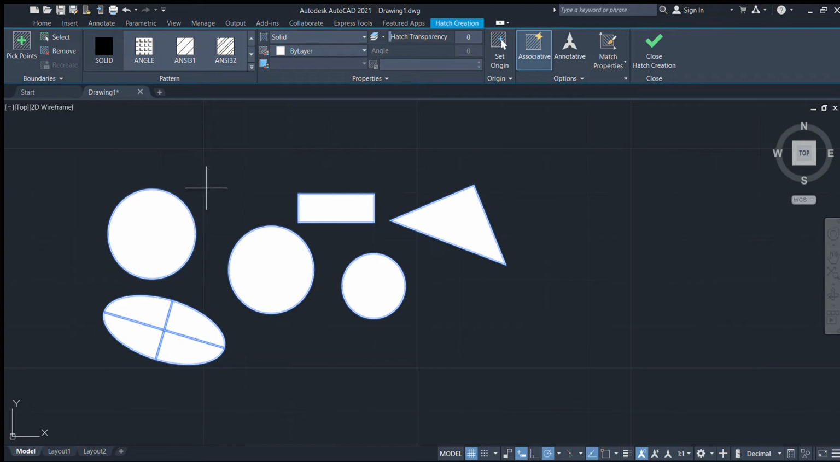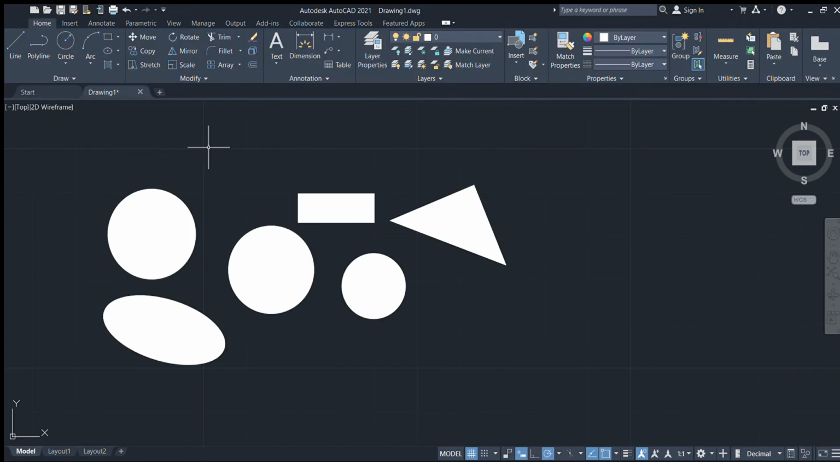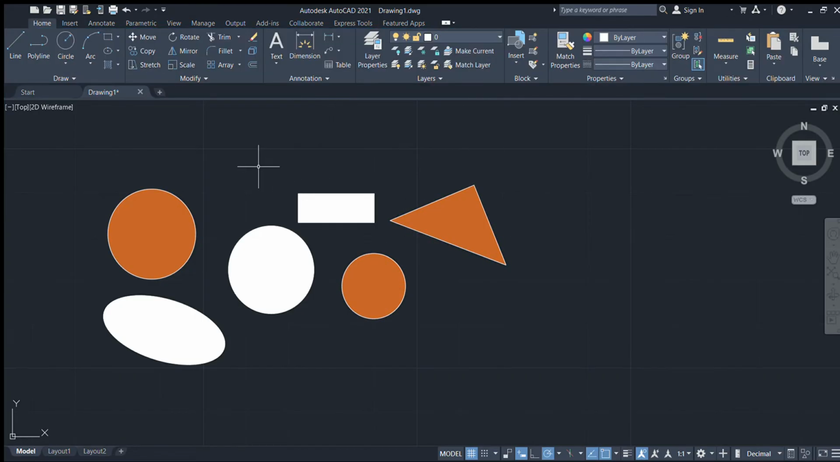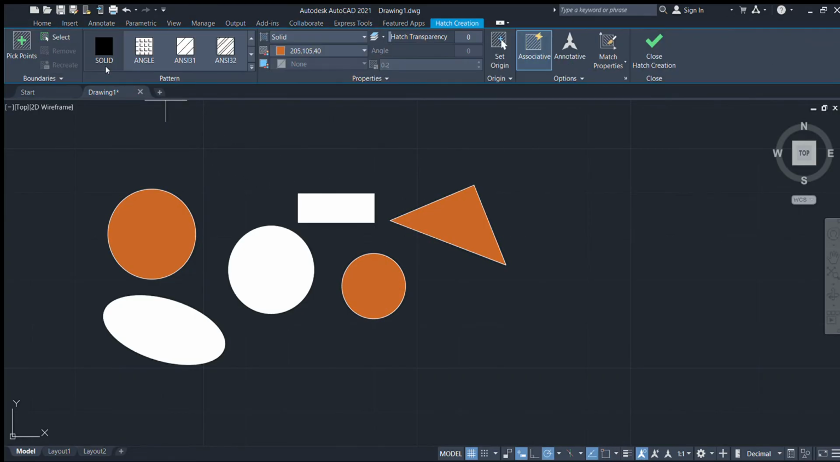Then we select hatch again and go to the layer section, and we put orange, for example, or anything. Then we come out and select hatch, and we select another color. Move one here. We are going to learn some other